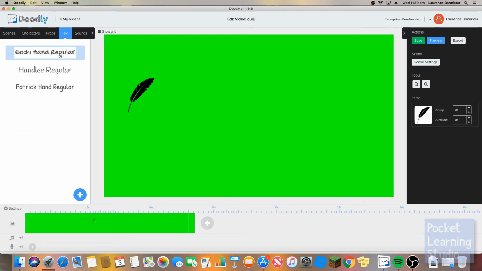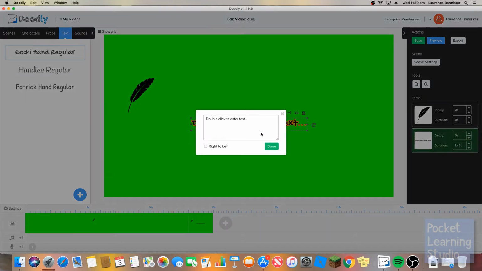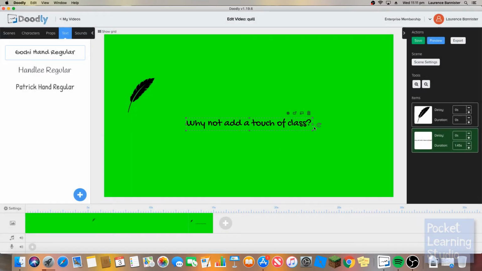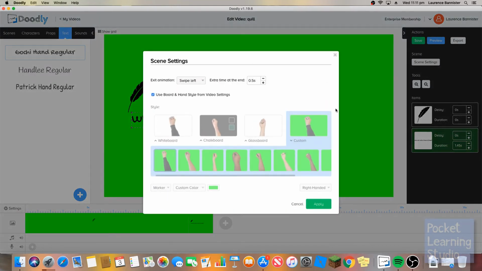and let's add some text. So let's write, why not add a touch of class. Done. There we go. Okay, so let's scale it up a little bit, and what we want is to have it pretty close to the tip of the quill. So about there. Now, in our scene settings, we don't want to swipe left,